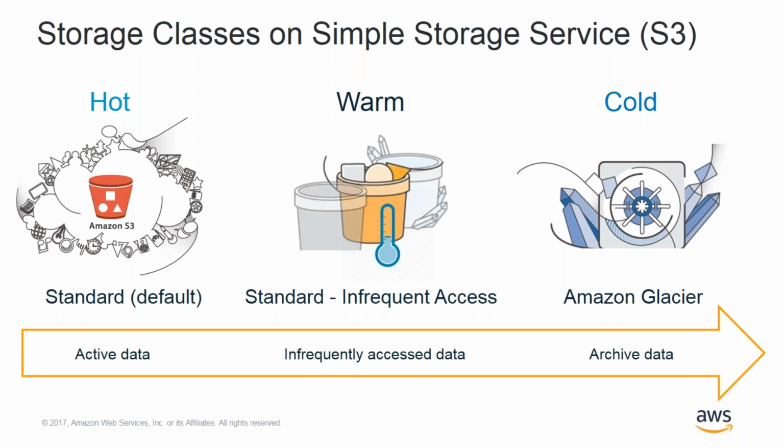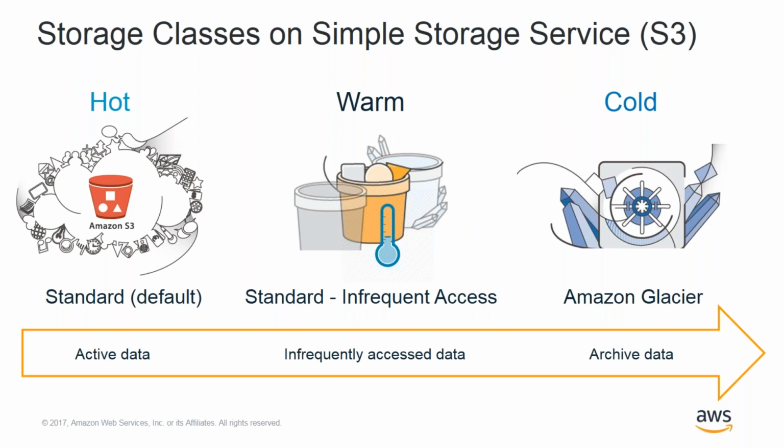And so keep in mind the way in which these things are charged are somewhat different to each other. And so cold storage considers the number of objects being stored. And so how some customers reduce that cost is by zipping together the files into a single file and then storing it that way to reduce storage cost. Warm storage considers the amount of data you access over the entire environment in any given month.